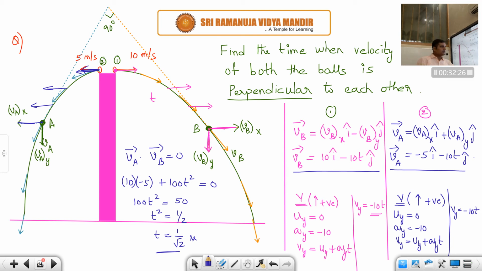So these are some special problems, and some more interesting problems are there. In the next session I'll solve some puzzle type questions, and then there is one more topic called equation of trajectory. In the next session I'll start with equation of trajectory first and then puzzles, and then I think by next session I'll be finishing this one, and then we'll go to projectiles on inclined planes. So by that projectiles will finish, and then at the end there is relative motion, which I'll cover both in 1 dimension as well as in 2 dimensions.